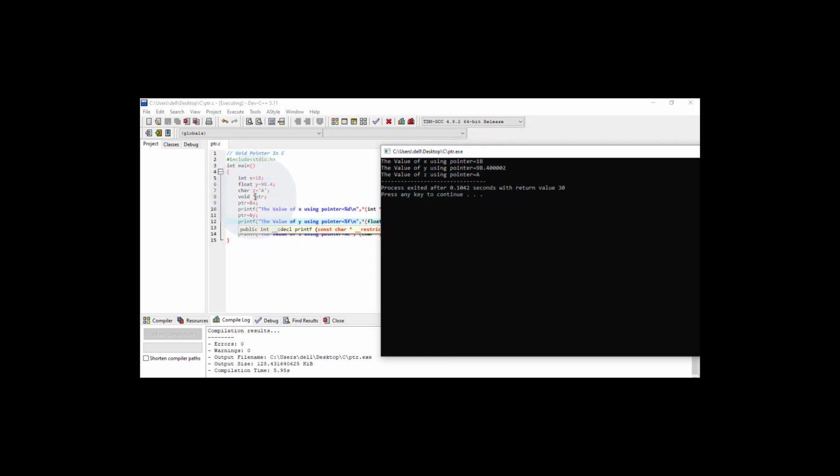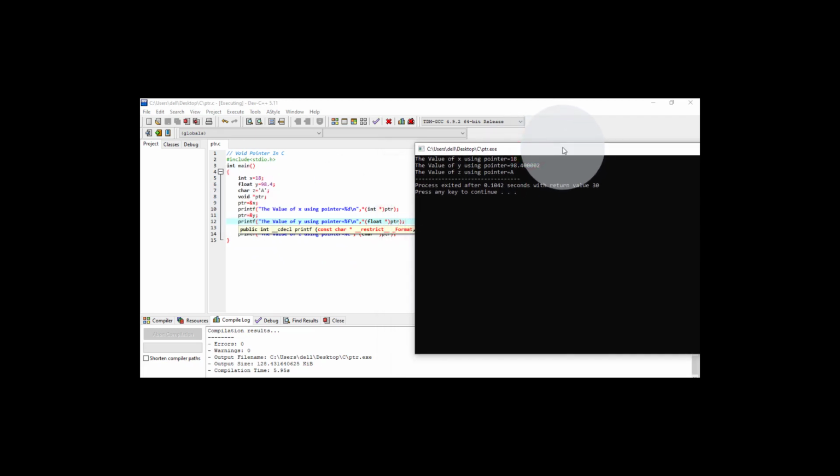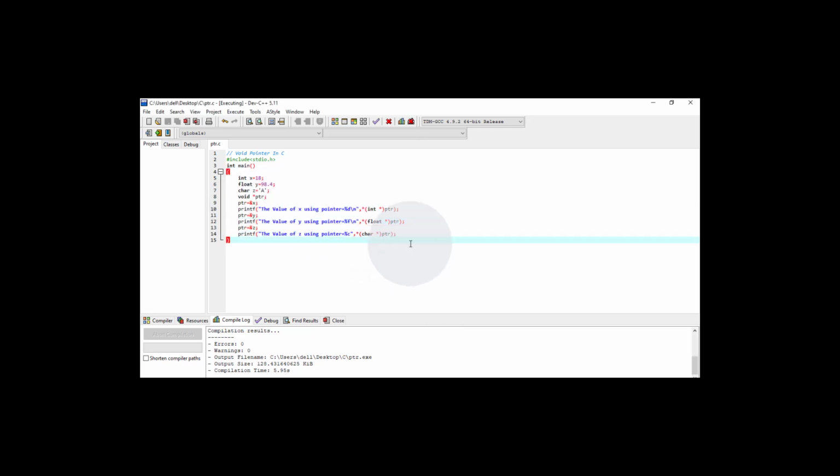So this is the basic use of a void pointer. As we know, pointers are mostly used to save memory or make program execution fast. So what we have done, instead of declaring 3 different pointer variables to hold these addresses, is declare one pointer variable of void type and dereference it according to the need of the program. First it is dereferenced to the integer, then to the float, then to the char. So this is how we can use void pointers in C programs.